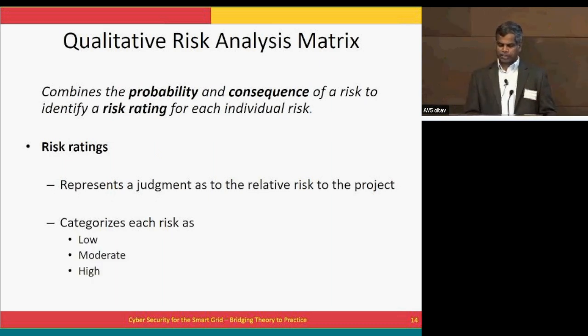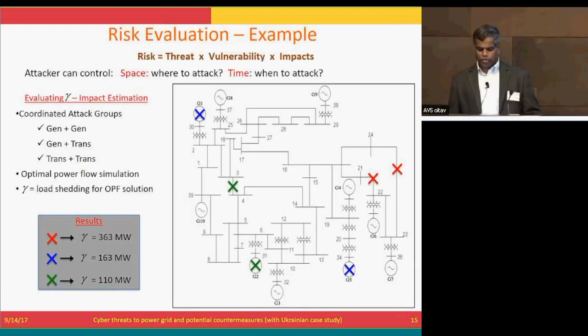Risk is basically probability times the consequence. So we can rate those risks into low risk, moderate risk, high risk. That is one way to do it, as opposed to computing a specific index, like a number. Instead, we can say low, medium, high. It's more a qualitative definition of the risk, as opposed to a specific quantitative number.